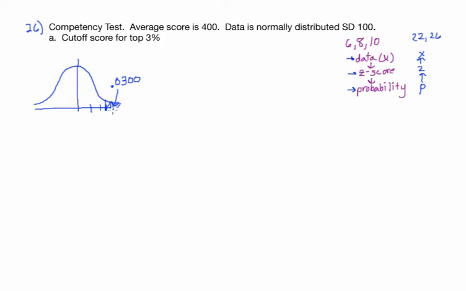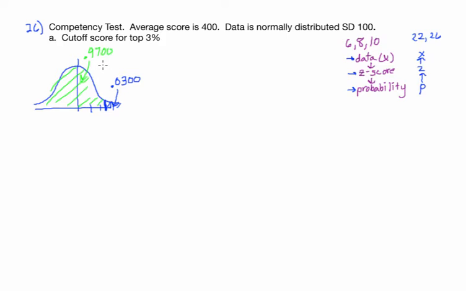Well, remember that our table shows us to the left. So we'll have to look to the left, and to the left, then this would be 97%, 0.9700. Okay, so go to your table, look on the inside for 9700,